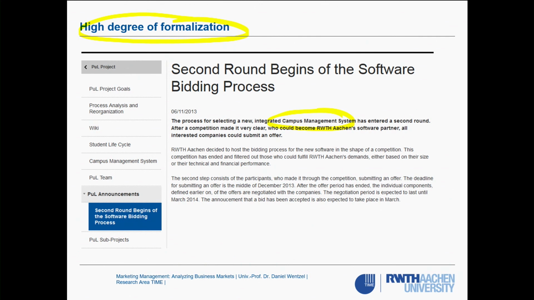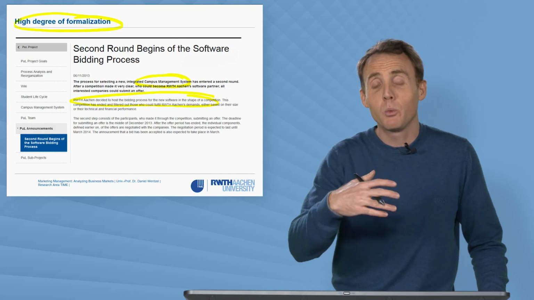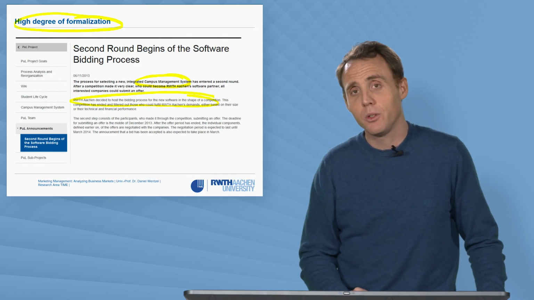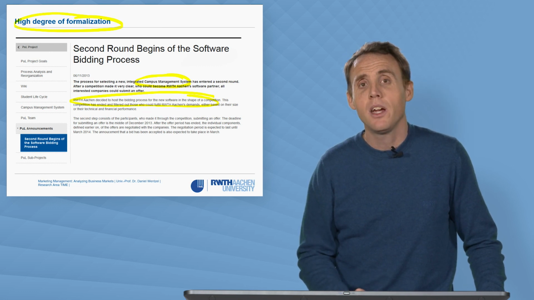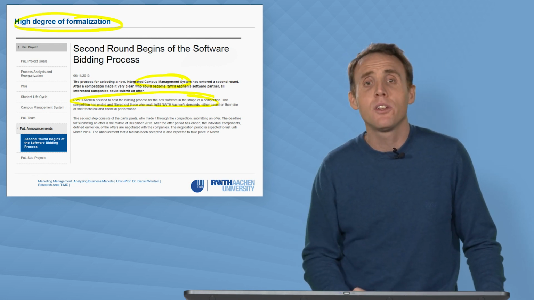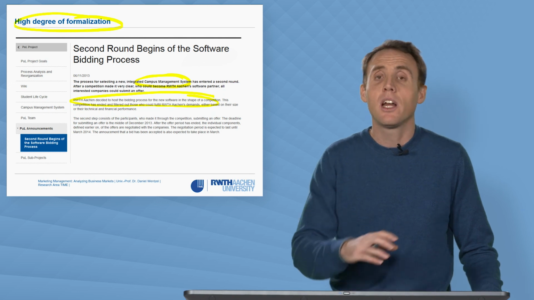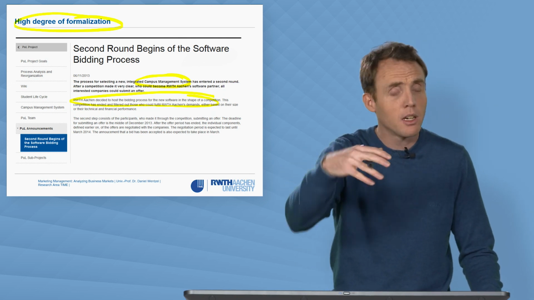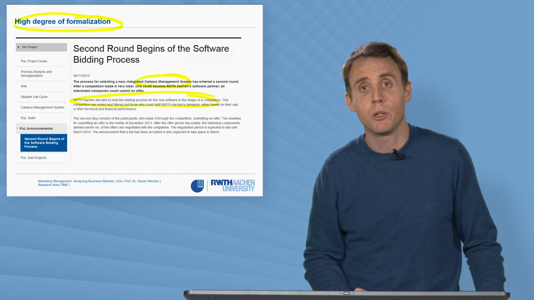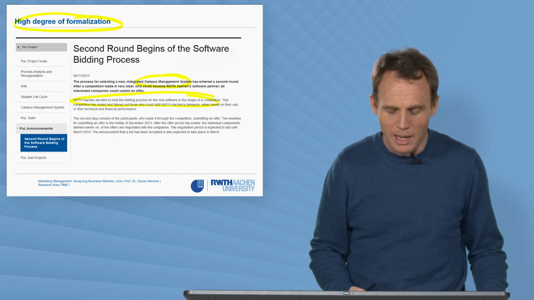So what happens? They decide they want to have a new software. The first step is some kind of competition, right? Some kind of competition in a bidding process. Meaning, this university says we need a new software system, and on a very broad level, this is what the software needs to achieve. They send all that out to a few select companies so that they can submit proposals. Now that's only the first step, right?